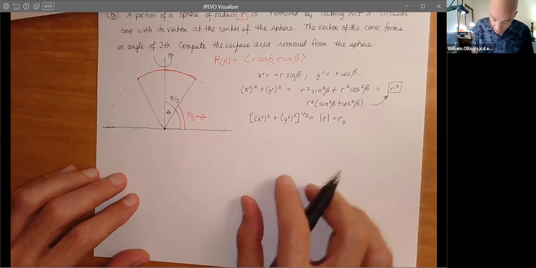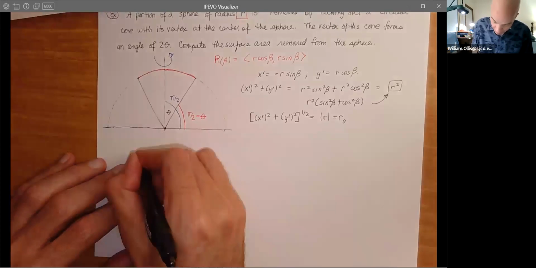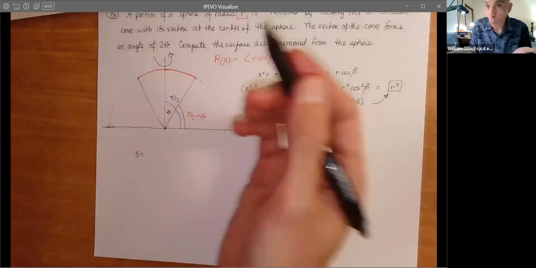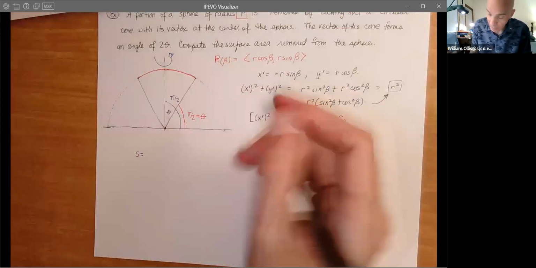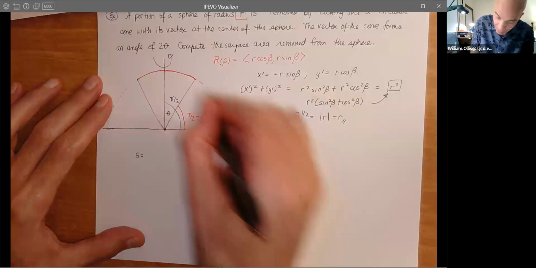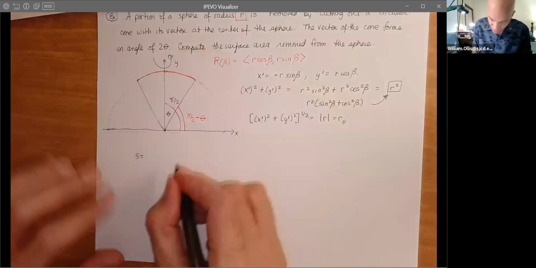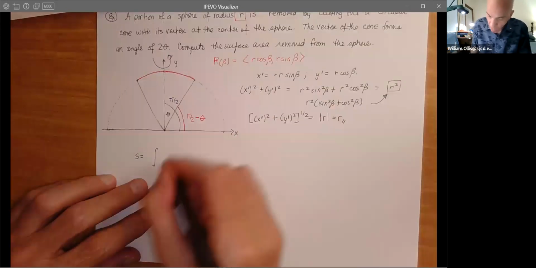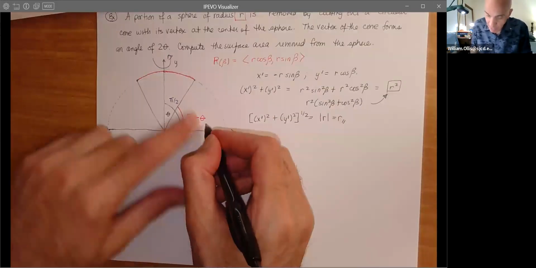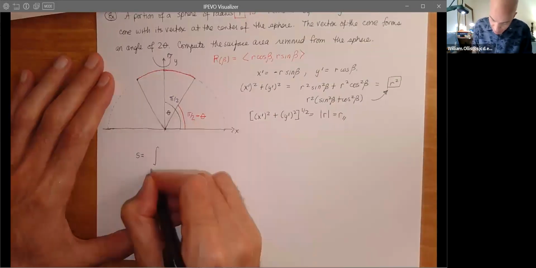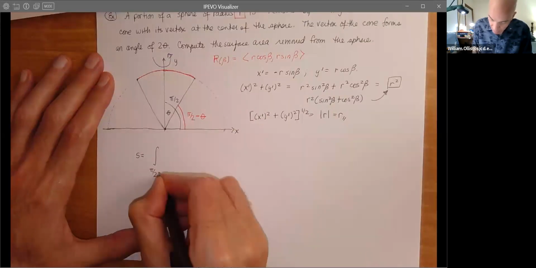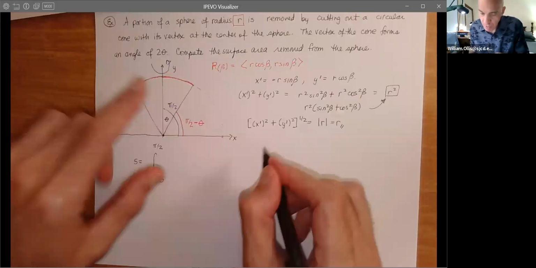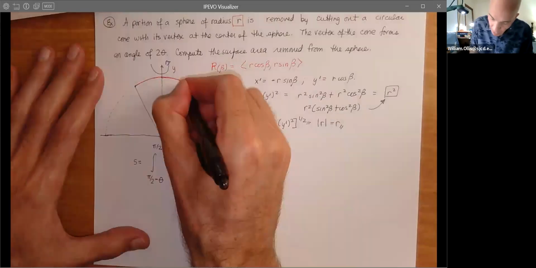So now S, we want to revolve this about the so-called y-axis, if that's how we've oriented it. I've written it this way. That's the way I see it. So this will be what? We're integrating from pi over 2 minus theta to pi over 2. And then, of course, for element of arc length here,